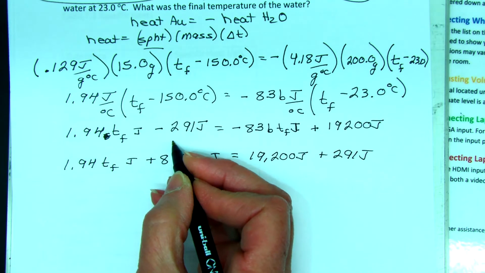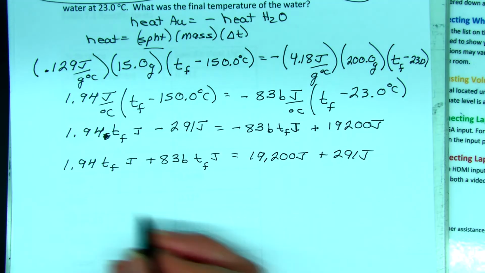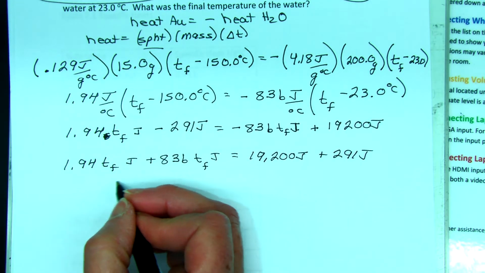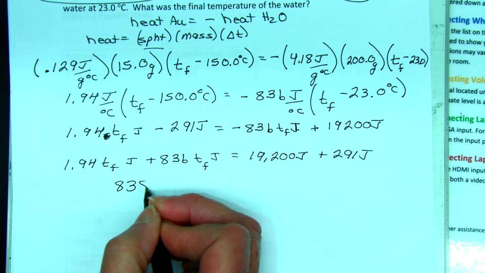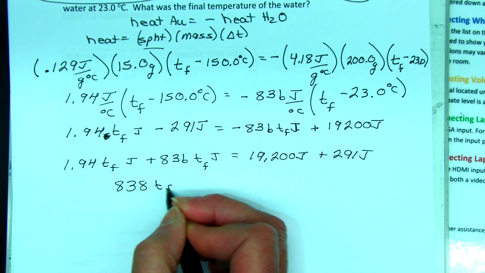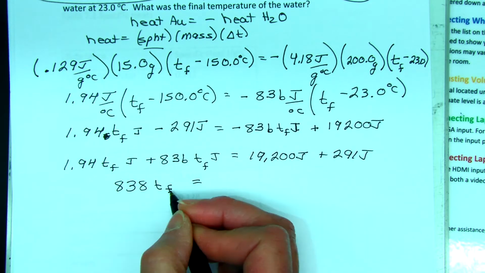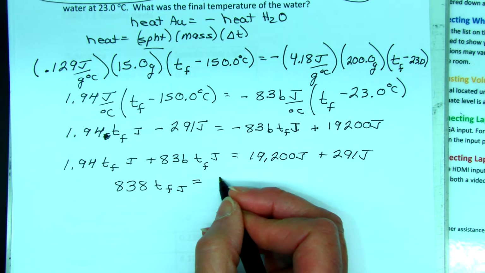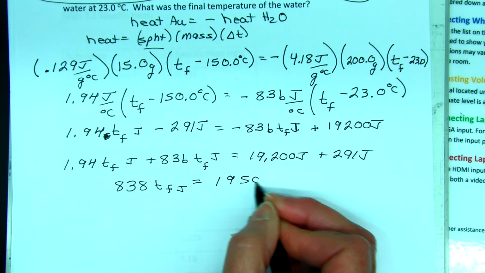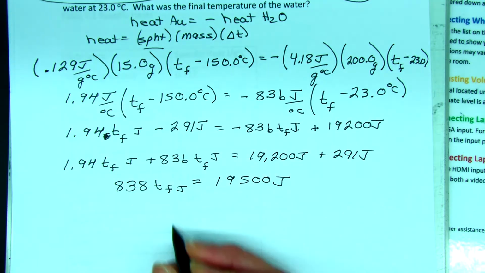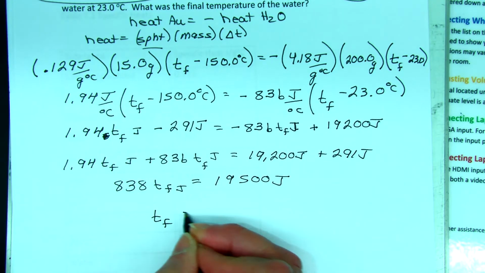I'm adding 291 to both sides. So when I add these together, I get 838 T sub F, in joules, is equal to 19,500 joules. So T sub F is equal to